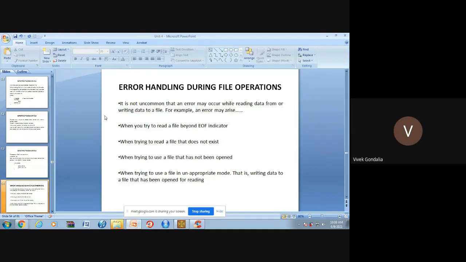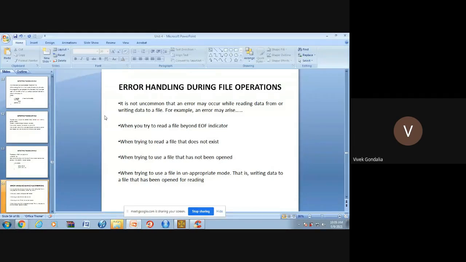Now, what is the meaning of error handling? Error handling means suppose some error comes while reading the file. How will we get to know it? When you execute this program, suppose in my file data is not there. Suppose my file is corrupted. Suppose my file is not available at that location. Suppose in my file only 300 characters are there, and I am trying to read 500 characters. Then how do I get to know that this file or this program is giving an error?